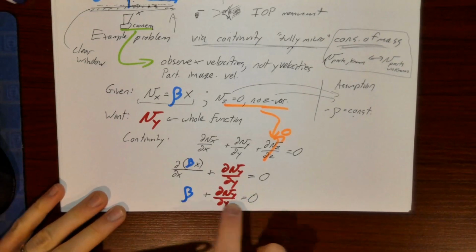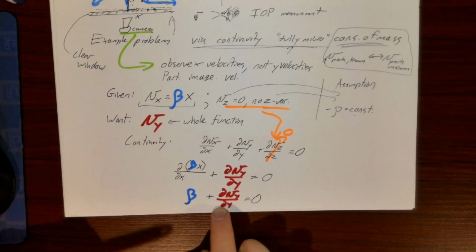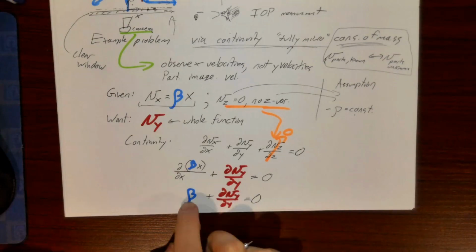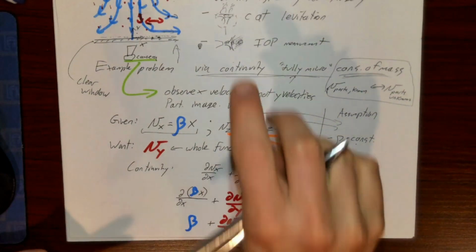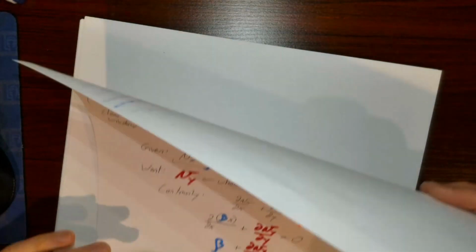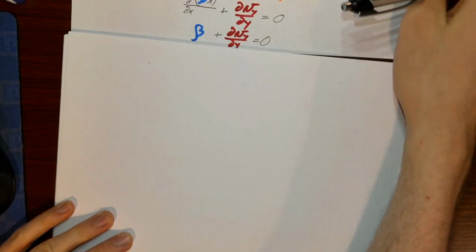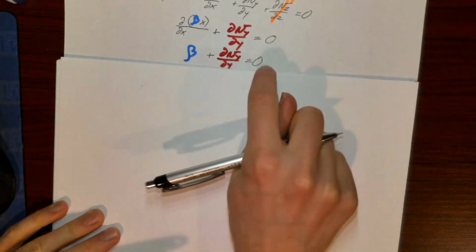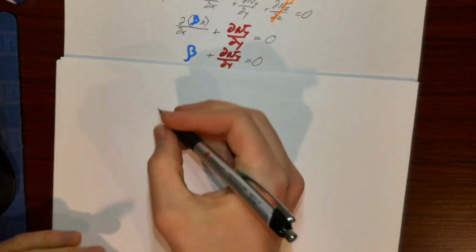All right, can I make progress with this? Well, this is a partial differential equation where we have a partial derivative of Vy with respect to y plus a constant is equal to 0. Well, perhaps I can go about trying to solve this differential equation. So I can take this differential equation, I can move minus beta over to the other side, and